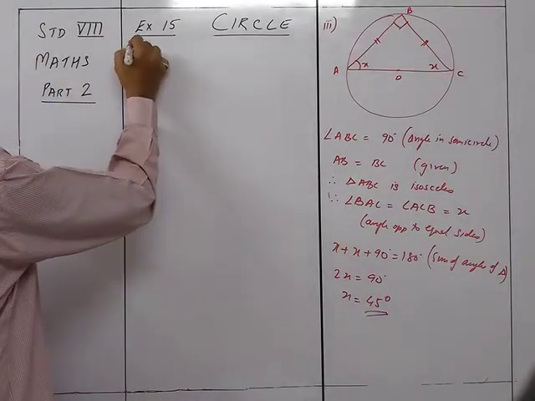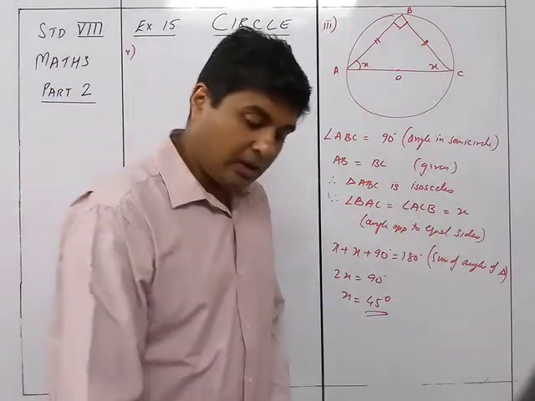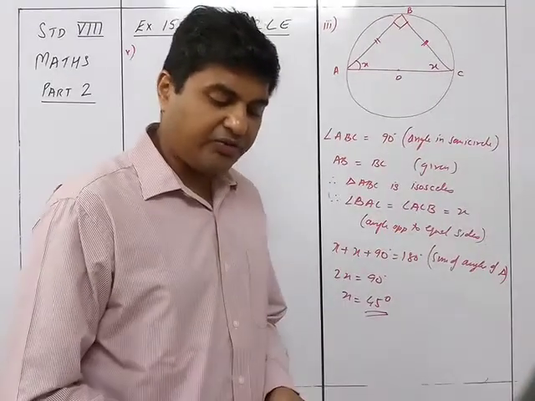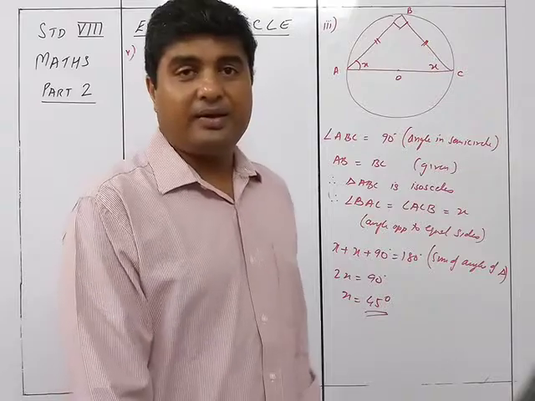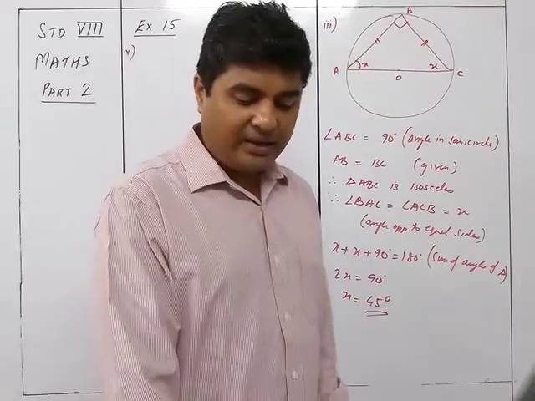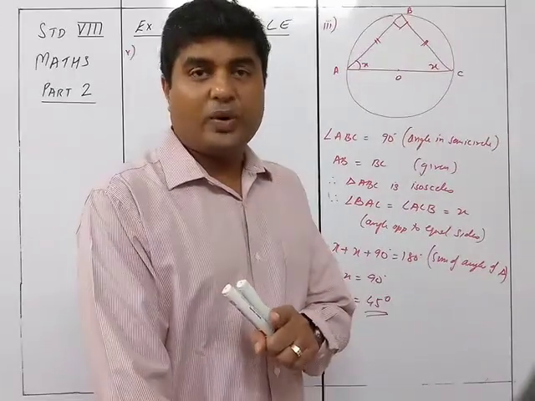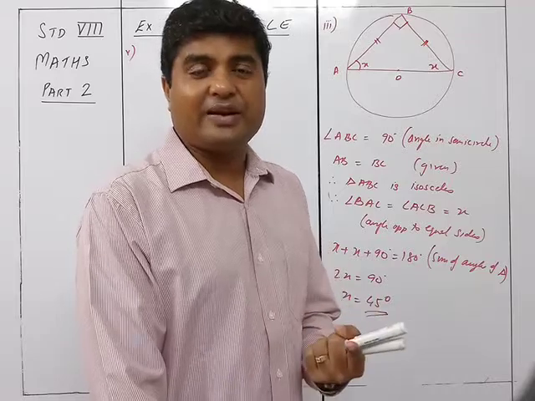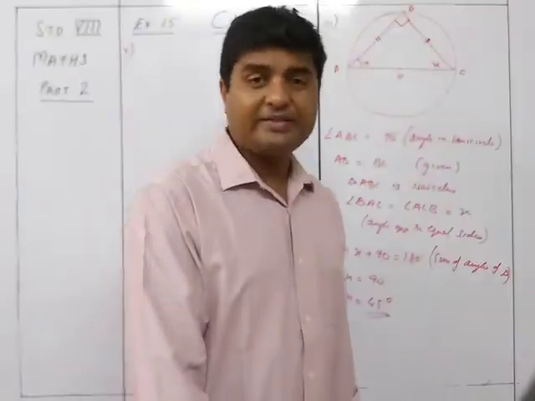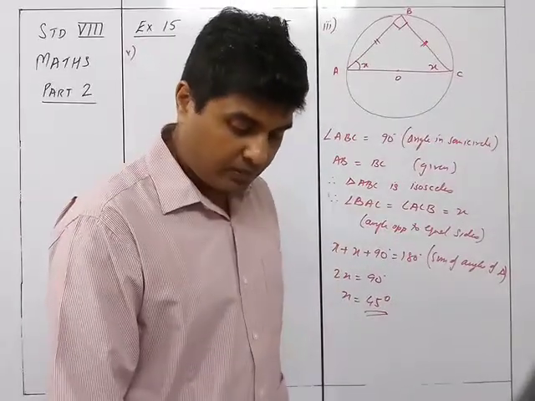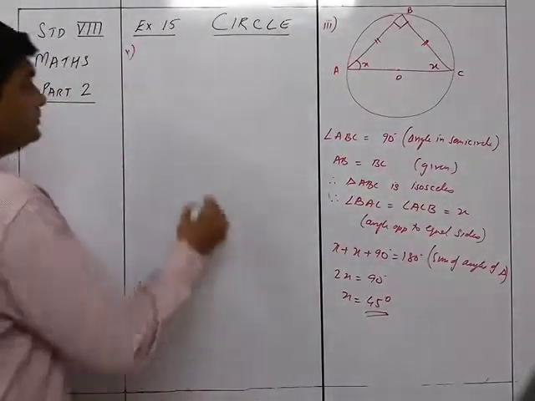Okay, 5th sum. Now in this case, if you see the 4th sum, it's very easy. You already know that the angle of the semicircle will be 90. And 122 is given, so 122 will be the exterior angle of the triangle. So x plus 90 is equal to 122. Okay, we can check it out. x will be 32.